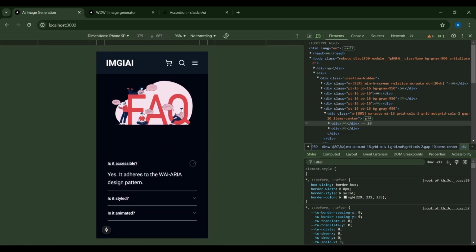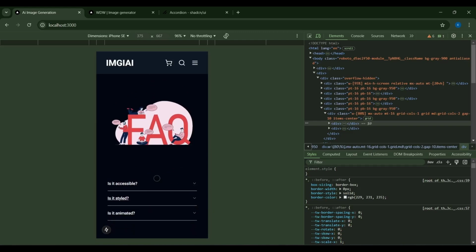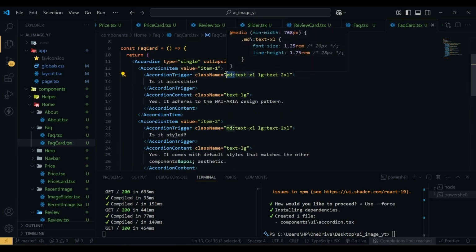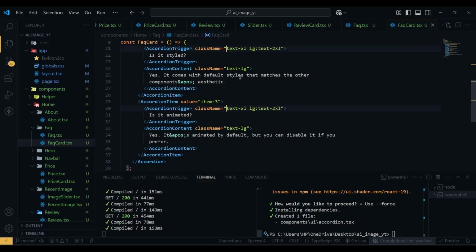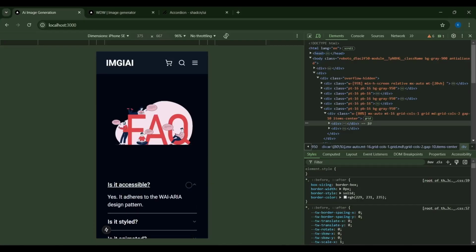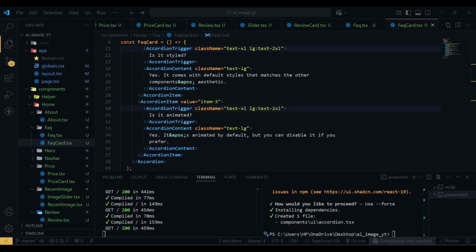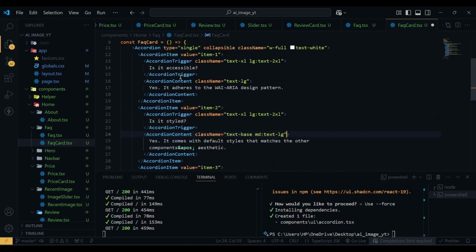So here I think the font is not working properly, the large font. So if I go here, we are going to remove this MD. Now if I hit save, now it looks good, but what we can do is reduce this font size. So in medium screen it will be text large, otherwise text base. Now let's copy this and replace it with this text large. Now if I hit save,